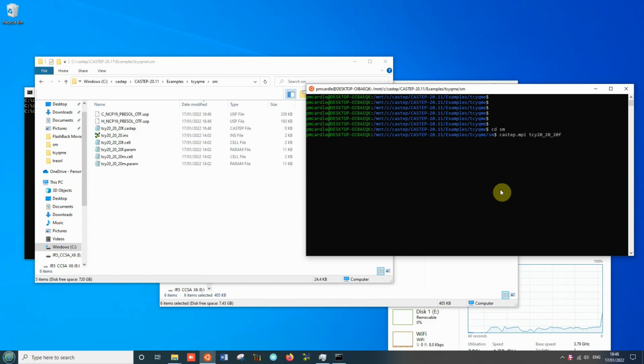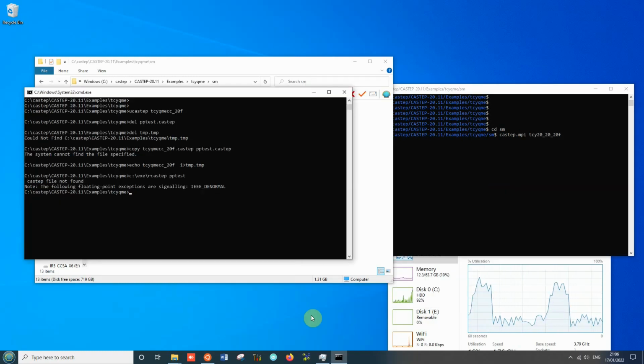And the first thing again is the pseudopotential files are generated, and you can see the CPU goes, and after some time we can change this to SM as well, and uCastep and the same job name TCY 20, and cut that back, put in F, return, and we get a new